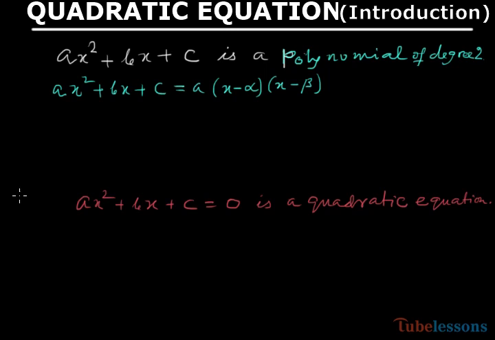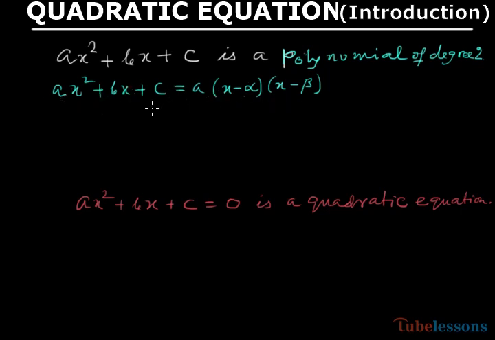Now we're going to discuss an important chapter of class 11, that is quadratic equation. From your earlier knowledge, you know what is a quadratic equation. ax square plus bx plus c is a polynomial of degree 2, and a maximum of two values of x will satisfy this polynomial. If I take those values as alpha and beta, and we are able to factorize this one, and